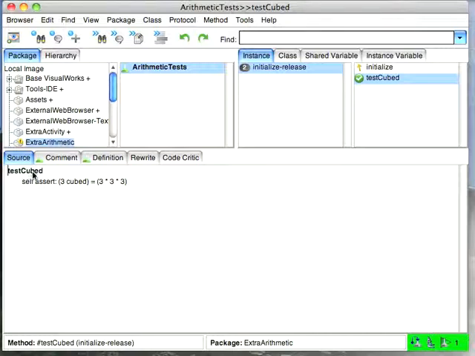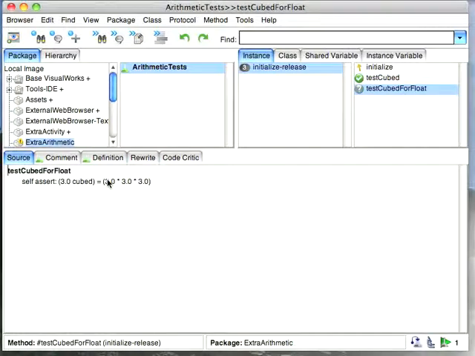What I'm going to do is say test cubed for float. We'll have a new test. We'll say 3.0 cubed equals 3.0 times 3.0 times 3.0, and now we'll try to run that one, and you notice that fails, and it's obvious the cube doesn't exist for floats. So what we're going to do is we're going to go and find